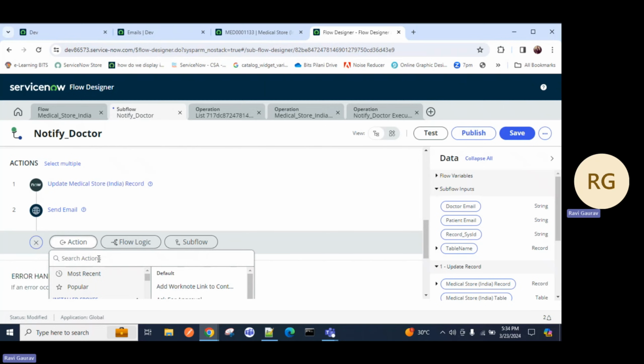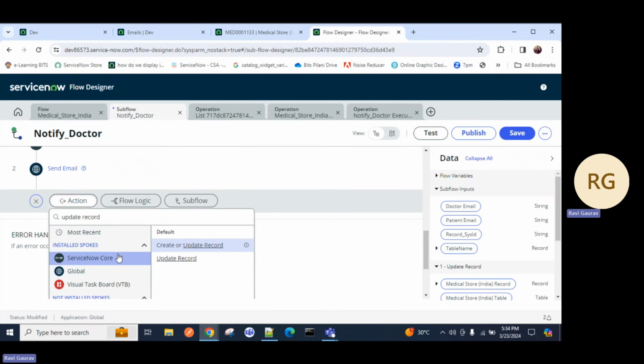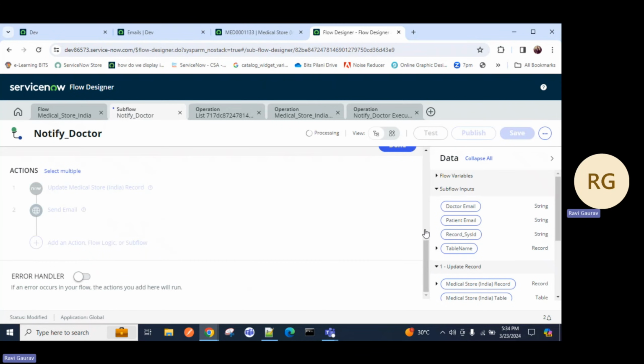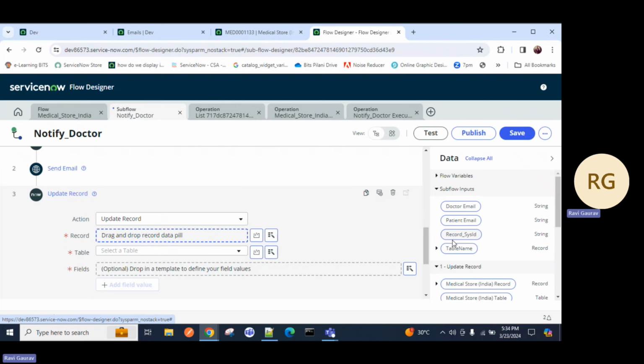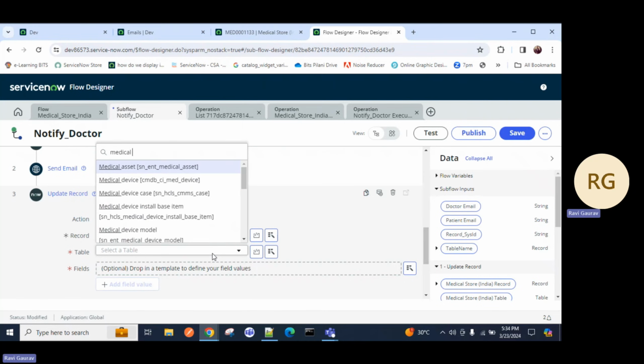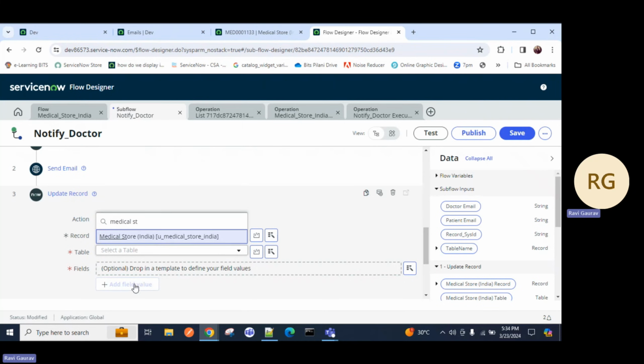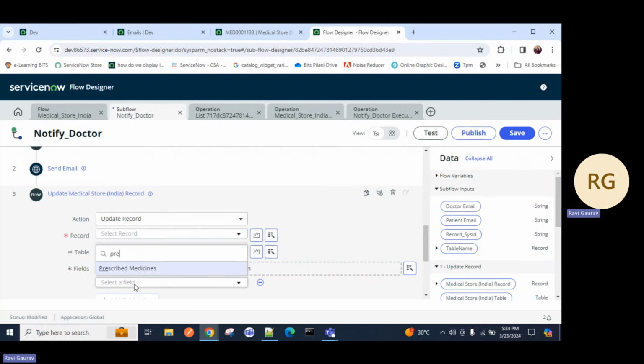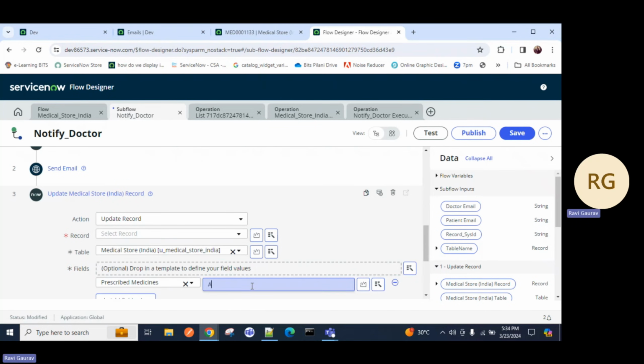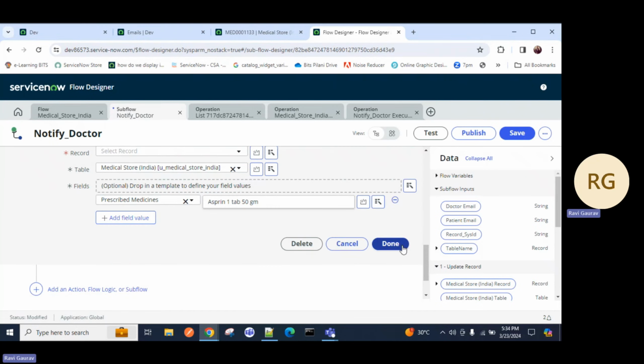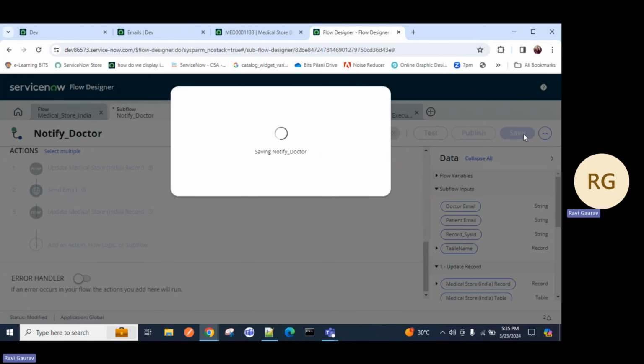Now for the action, we have to create an update record, and the same record I have to update. So I will put the record SysID and the table name. I can put the table name directly here, medical store India. Now update the prescribed medicine to aspirin, 1 gram, 50 gram. That's all. And just save this,